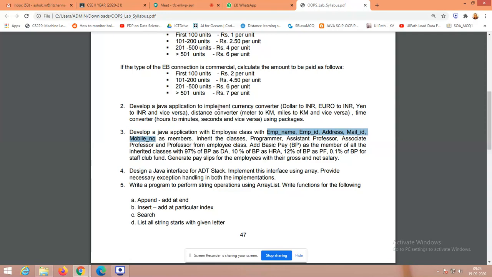Okay. For which class you want to generate: programmer, assistant professor, associate professor, or professor. You can ask the user for the choice, which category they want to generate. So by that you could create it. Otherwise, you can create a data set using the employee class. Try to get input. There you could add your two things, what I have conveyed, PF number, right? Along with that, you add one more member called designation, right? That you could add.